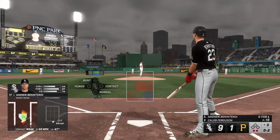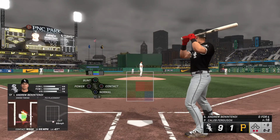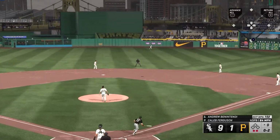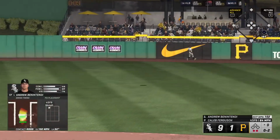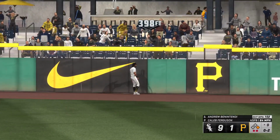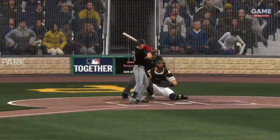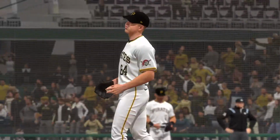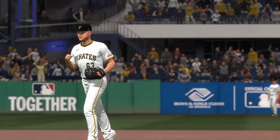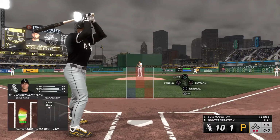Also really good at bat. What I like about this guy, his bat stays in the zone for a long time. Gives him the ability to foul off tough pitches. Swing and a high fly ball, well struck. Cruz going back, and it's gone. He sends it out of here. That's his 4th home run of the series, and they add to their lead. It's 10-1. Now pitching for the Pirates, number 63,